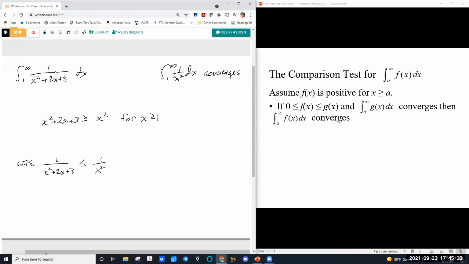Okay. Well, now what we do is we flip them. So 1 over x squared and 1 over x squared plus 2x plus 3. Here's a little reminder. 1/2 versus 1/3. 1/2 is bigger than 1/3. You flip them. What's bigger now? When you flip the two sides of an inequality,